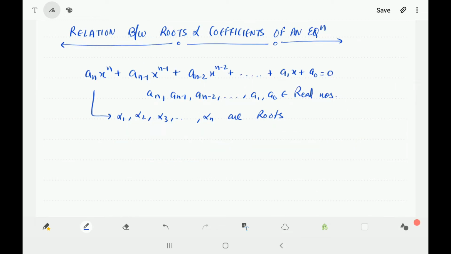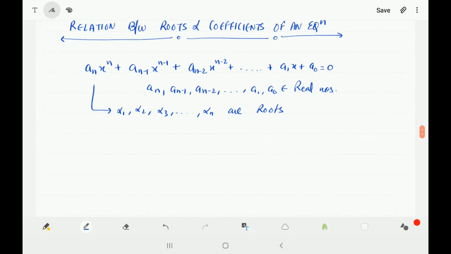Now moving on to the next topic, which is the relation between roots and coefficients of an equation. In the quadratic equation, you have already discussed that the sum of the roots taken one at a time, which means alpha plus beta, is minus b by a, and the product of roots is c by a. So we just want to extend it now to cubic equation, degree 4 equation, degree 5 equations,